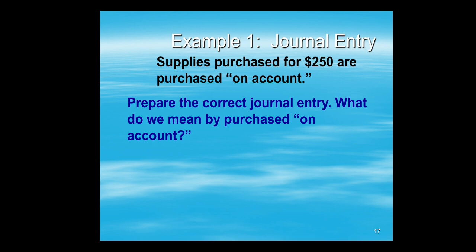So let's see. This is a first example of how to do general journal entry, or how to record a business transaction in the general journal. Let's see. Supplies purchased for $250 are purchased on account. The situation is like this. There is a business. The business purchased supplies. Supplies is something like this. Supplies are things that the business uses when the business provides services. For example,